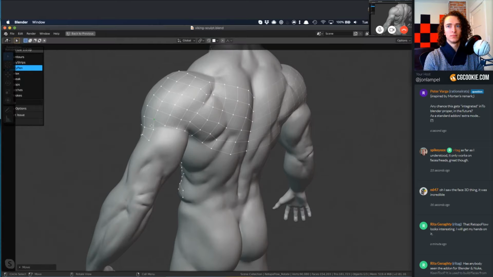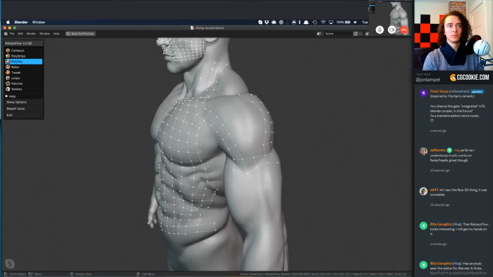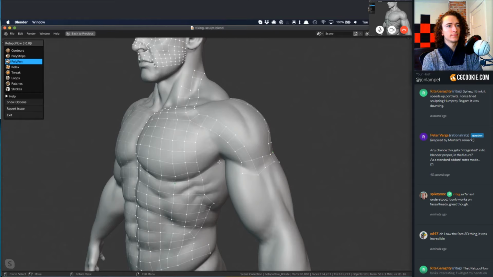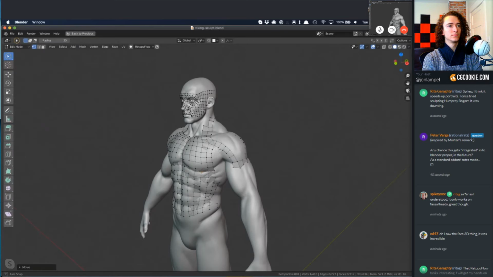Well, we don't have access to a lot of Blender's default tools because of all the custom drawing that we need to do in order to make it actually look good and feel good when you're using it, just like Lampel was mentioning earlier with all of the custom drawing and the visibility that you can actually see what you're working on in RetopoFlow. Just as a quick example, if I exit here and we go back to edit mode,